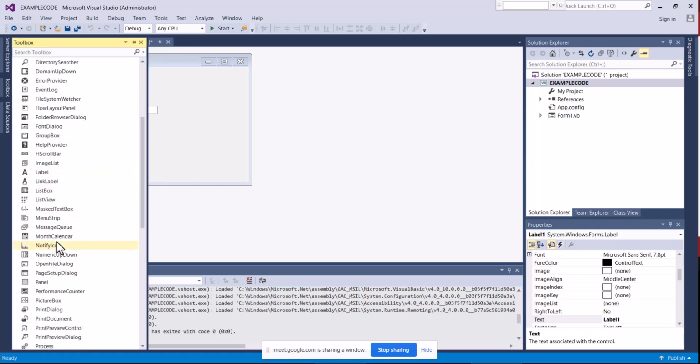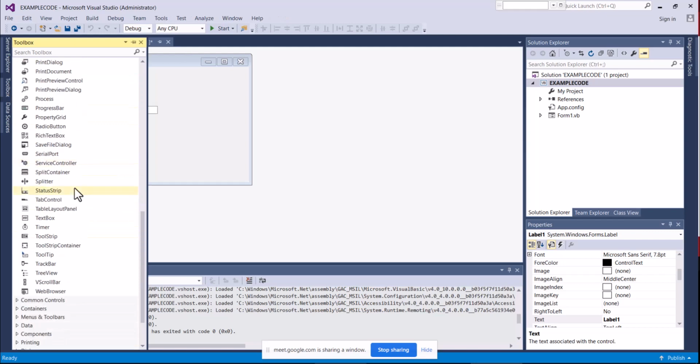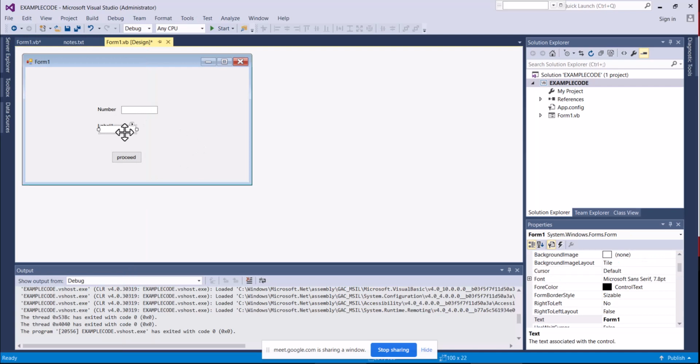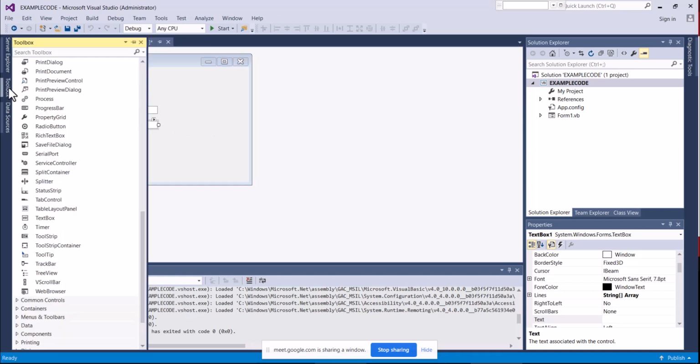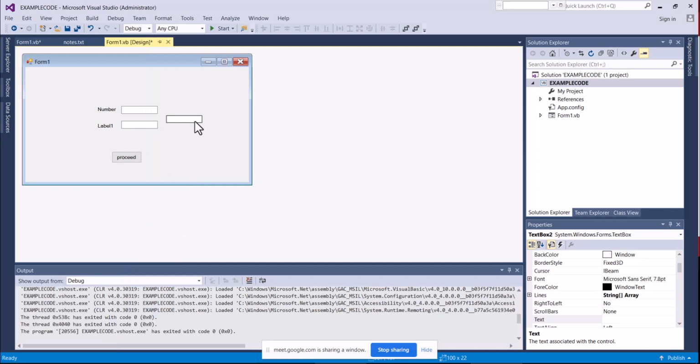We want another text box. And we also want our final text box to give us a specific element,